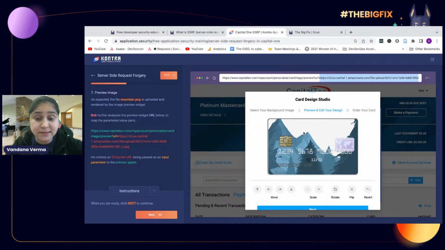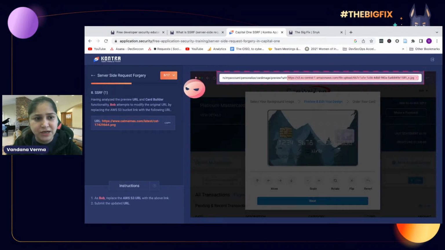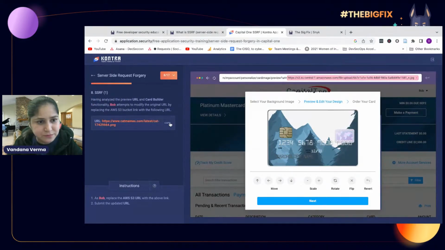Now, as a user, I should not be getting the information. Or, for example, it's not even S3. It could be something else. But there is an input parameter. Instead of that, if I want to use something else in place of that, let me see what information I can play around with.